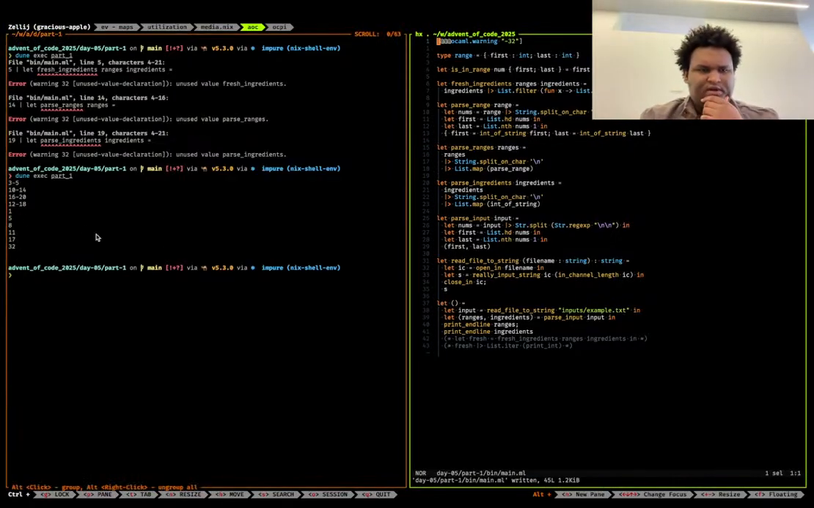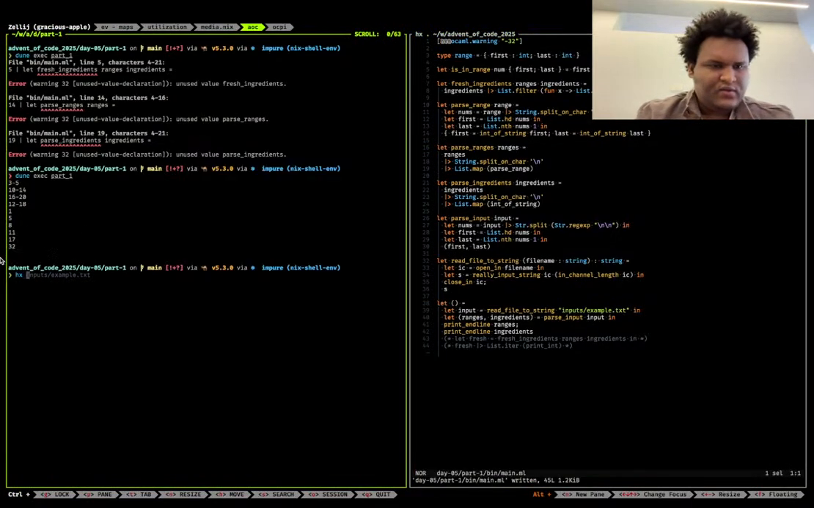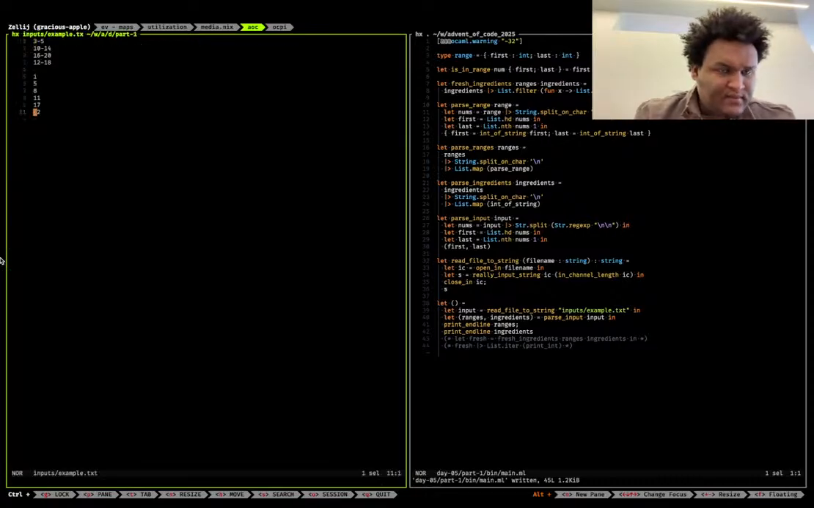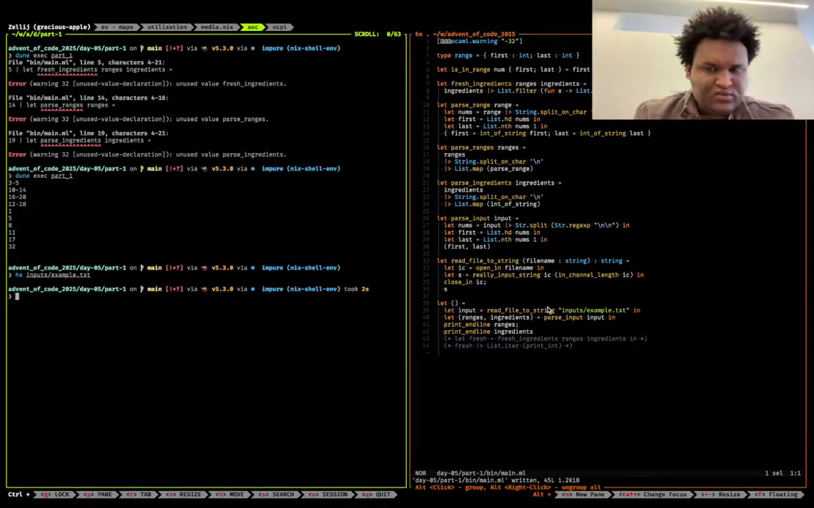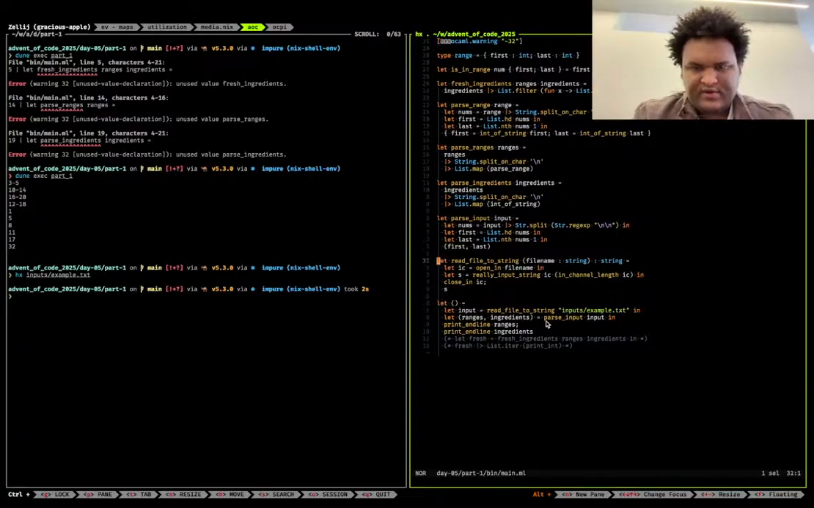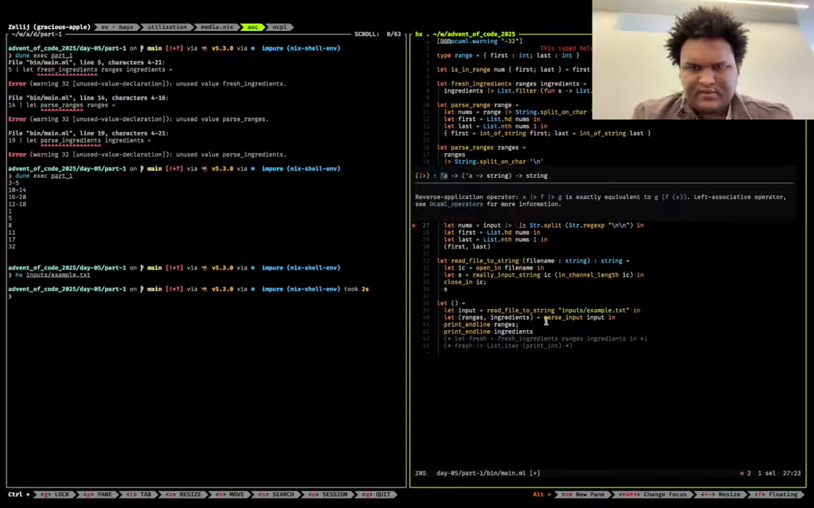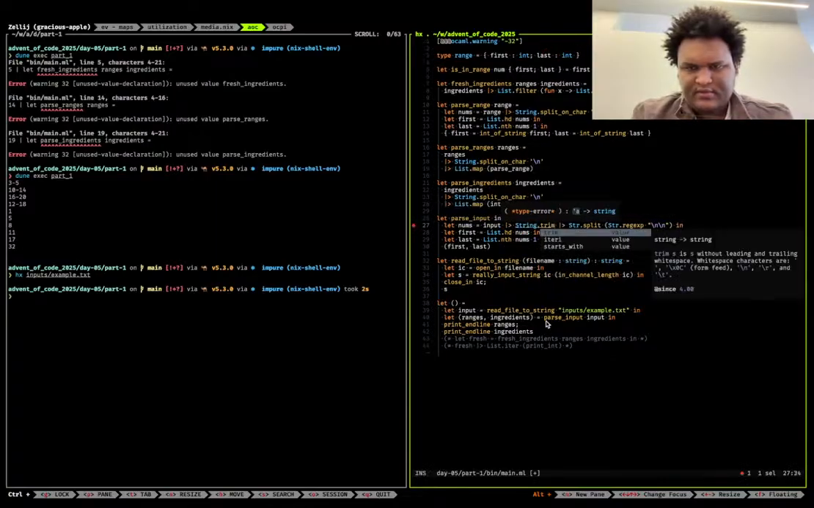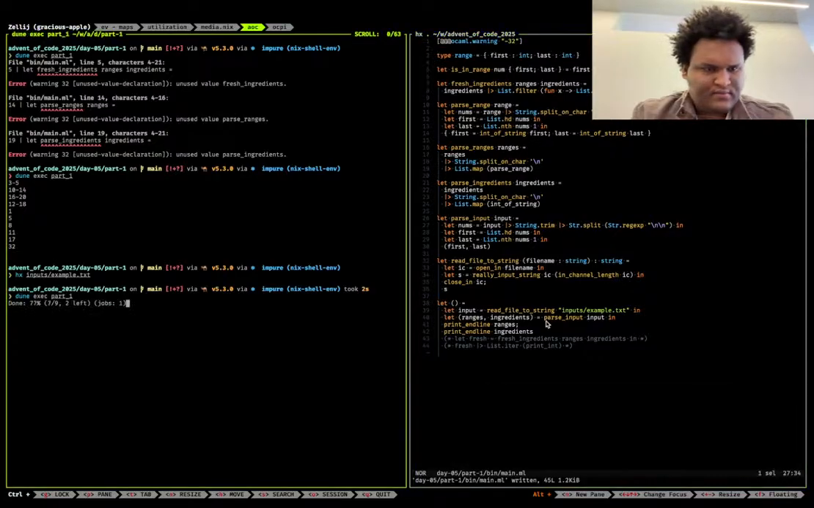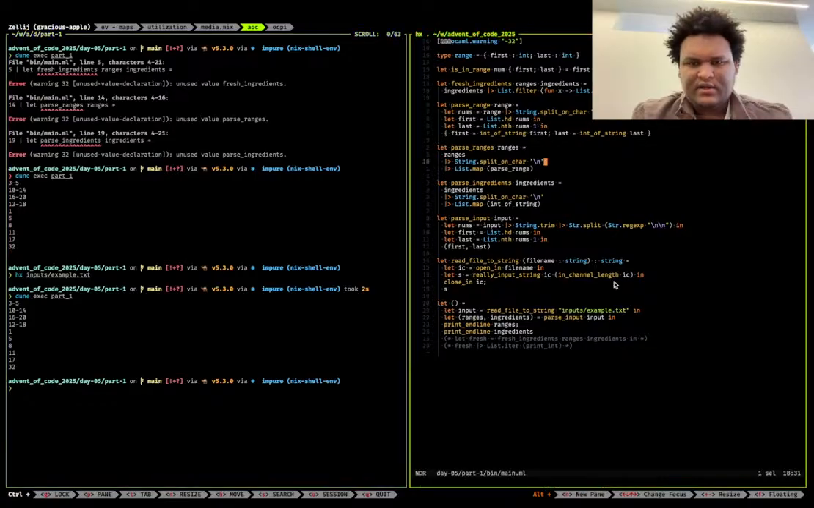Okay, it immediately starts, but at the end we have an empty string. So I think what we need to do is trim the input here, or in parse input we can call string.trim. Then the extra new line is gone, and then we can